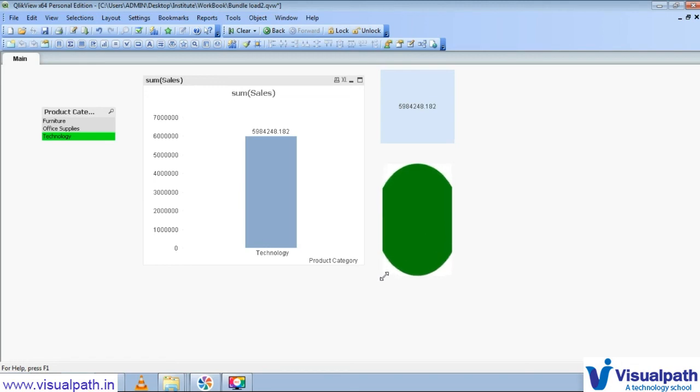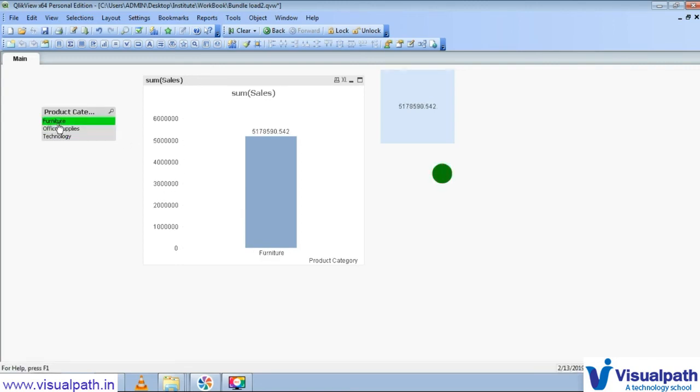For adding your images to QlikView, storing your images and implementing those images, we need to use bundle load. That is the purpose of that. Okay, so I'll be saving it and